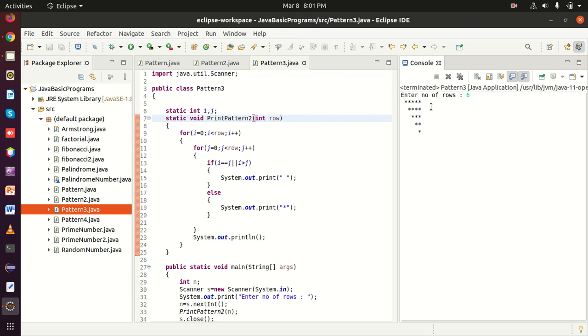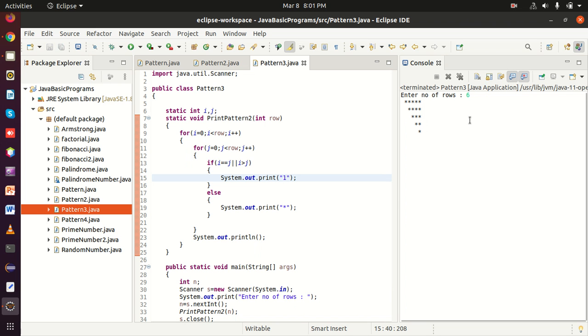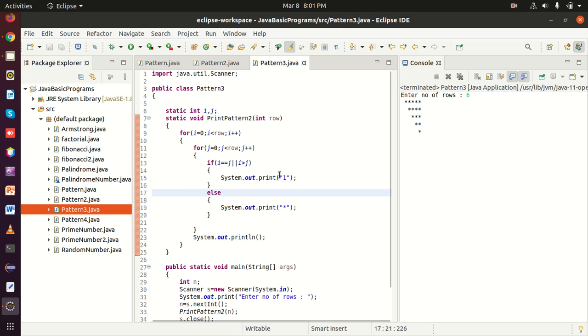So to show the complete diagram, instead of white space I am going to print 1, so we will be able to see the exact things. I have given the input as 6, and I have changed it to 1 instead of white space. These are all the white spaces that I had printed here.